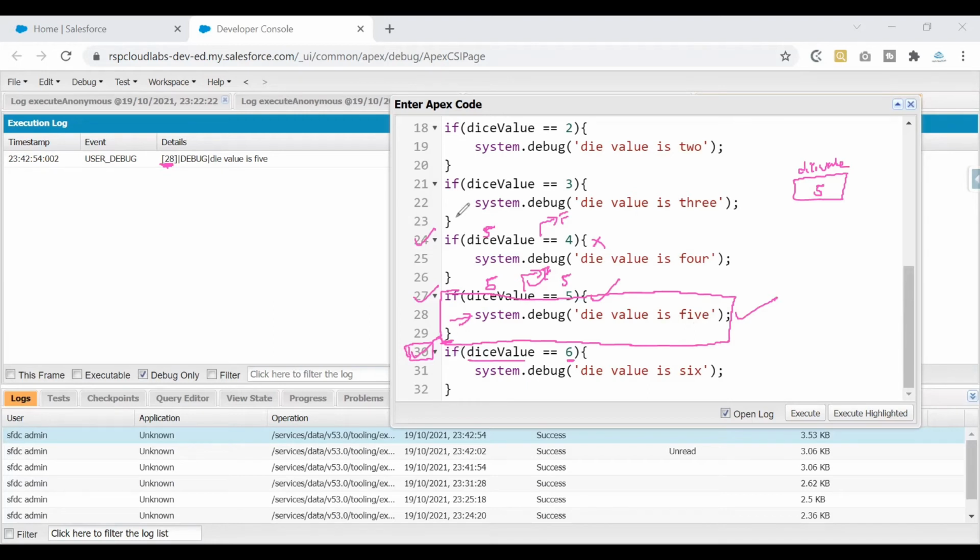But because of the code that we have written here, our line number 30 is also being executed. It is checked for this condition. Now, what would happen if this condition is checked? Will it print this debug log? The answer is no. Because is 5 value equal to 6? The answer is no. So this debug log on line number 31 would not be executed. If that was executed, we would have seen a line here. But that is not the case here.